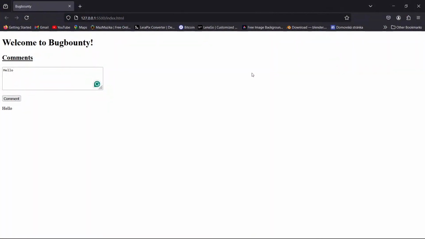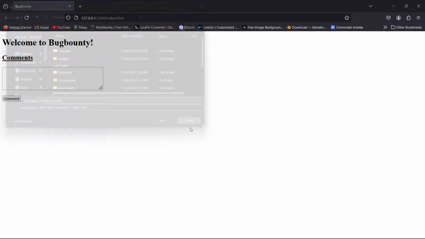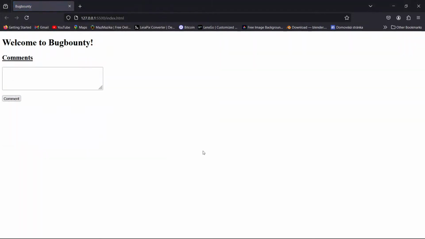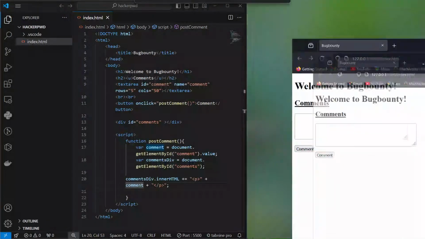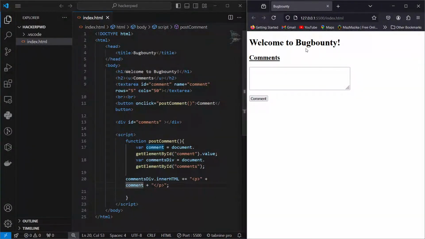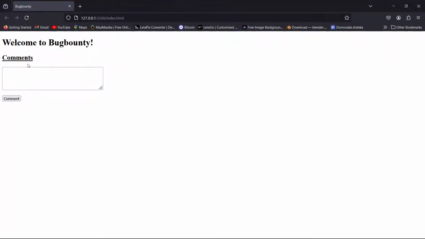So let's reload this first. No, I don't want to save it. Okay. So I want to show you that this code here is vulnerable code. On that, first let's just write that hello. If we comment, okay. So the first XSS injection that I try is the HTML injection, of which on this